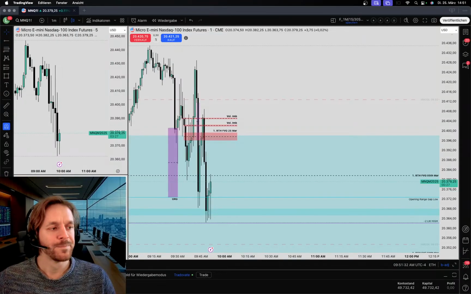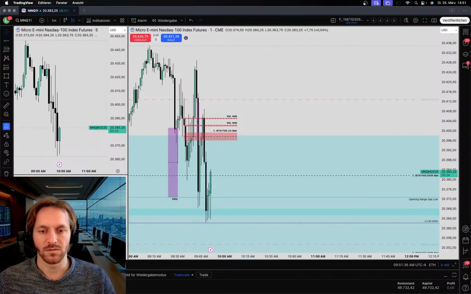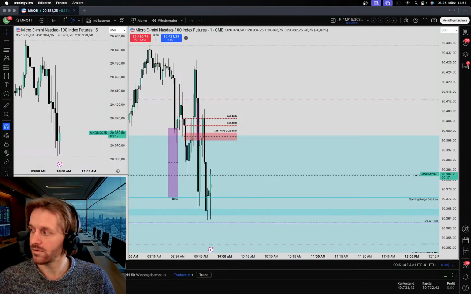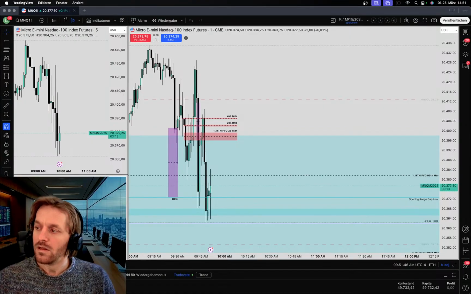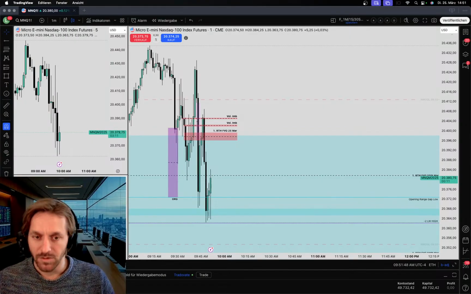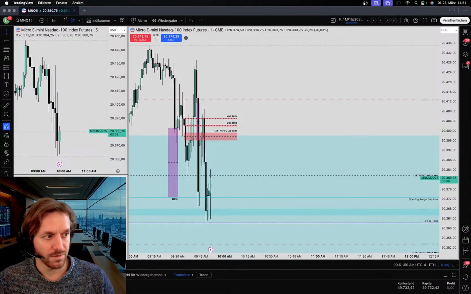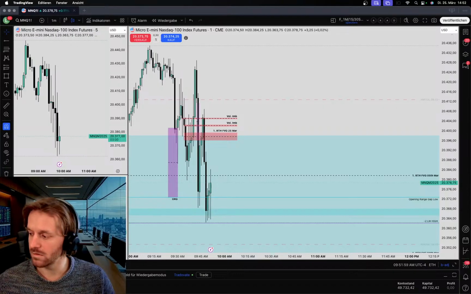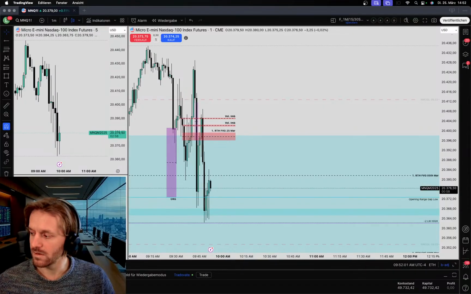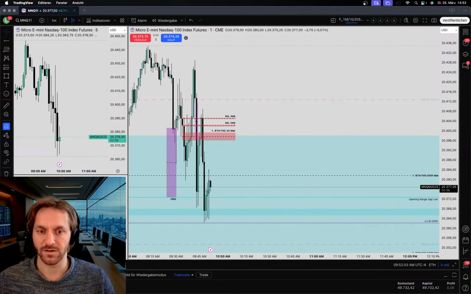It would be very surprising to me if we would just go lower without going higher to at least touch the cluster of the midpoint of the wicks or the relative equal highs. Because in the long term, I do think we will go lower. And it's kind of suspicious to me that we'll leave those levels open.